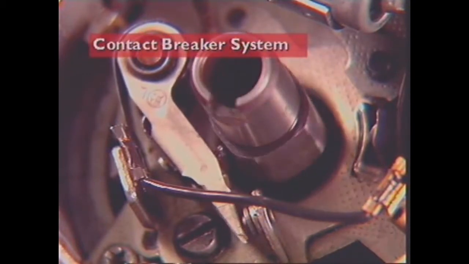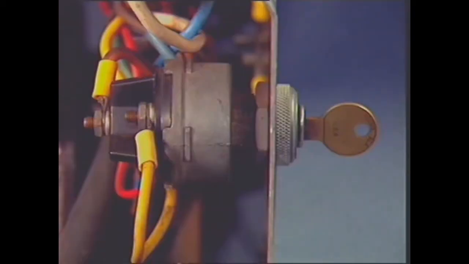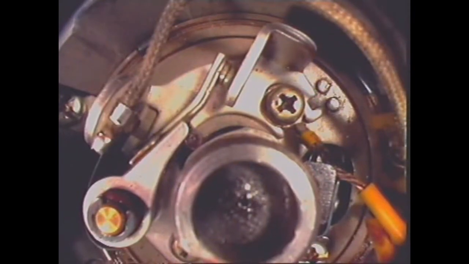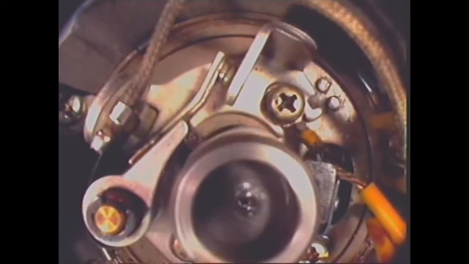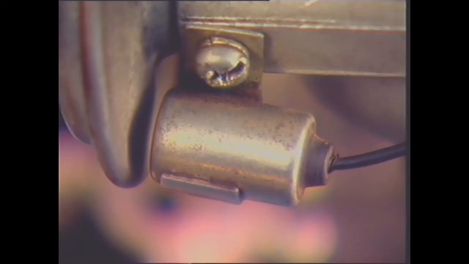Contact breaker ignition systems provide a simple means of establishing and interrupting the current flowing in the primary ignition circuit. A basic system consists of the battery, to provide a source of energy; the ignition switch, to provide driver control over system operation; an ignition coil, to provide a step-up transformer action; a contact breaker, opened and closed by lobes on the distributor cam as the engine rotates to make and break the primary circuit at the correct time in the cycle; a capacitor, to assist in the rapid collapse of the coil's magnetic field;